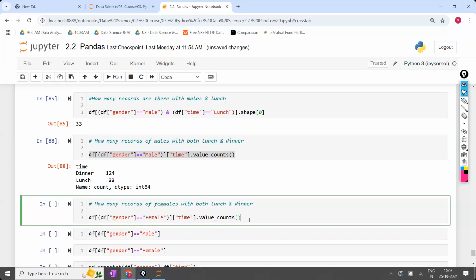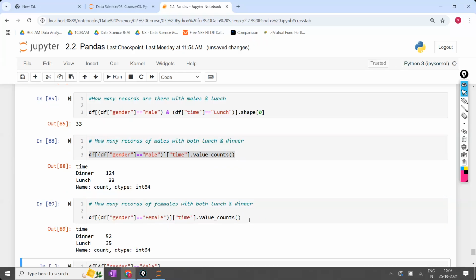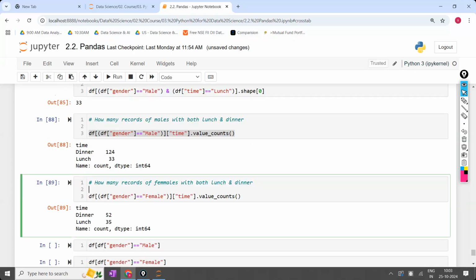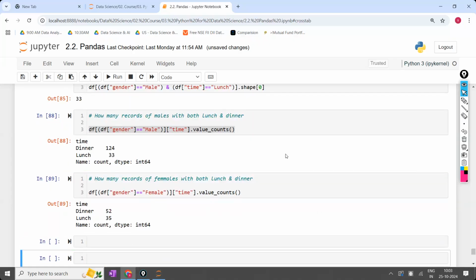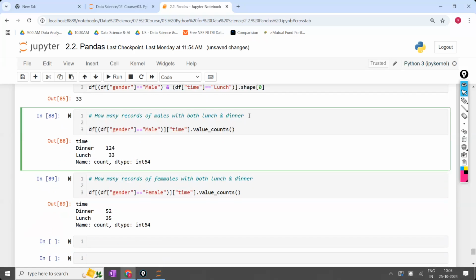Now, what is the output you are going to get? Within the female, how many of them are in the lunch time? How many of them are in the dinner time? Now, next question. Next question is, I want the overall distribution of